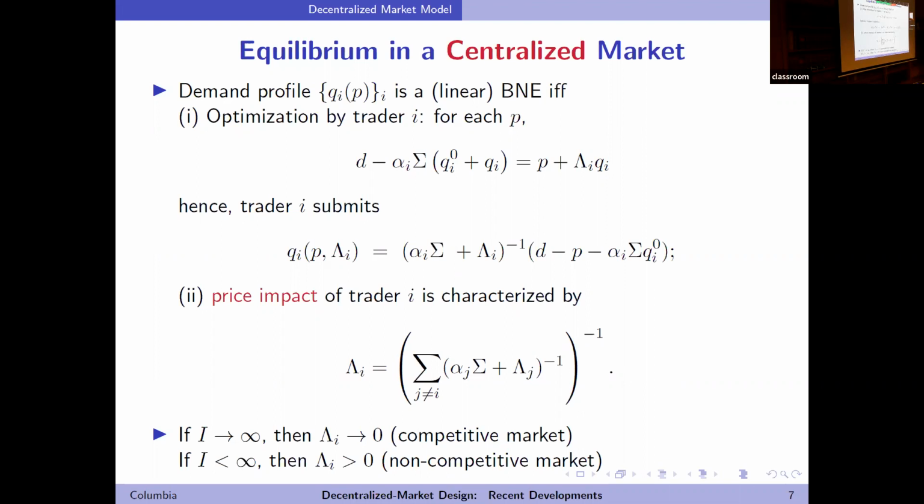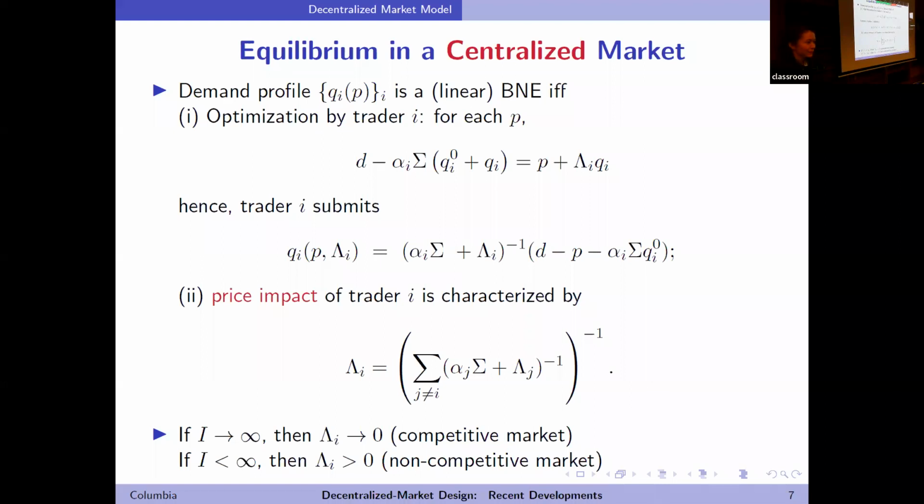We can see that we can compute my best response schedule, knowing my price impact alone. This price impact is endogenous, and depends on how others behave. That's why we want the second equilibrium condition to require that the price impact assumed by a trader in a point-wise optimization is correct. What does it mean? It matches the slope of the actual residual inverse supply defined by aggregation of demand submitted by others.